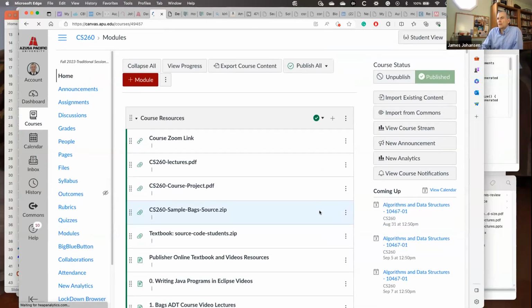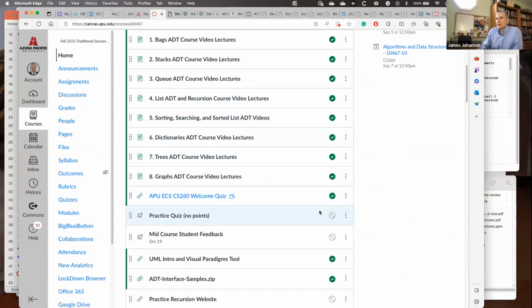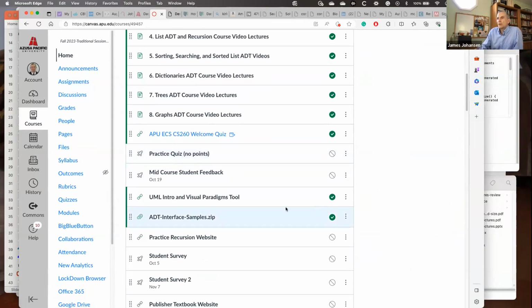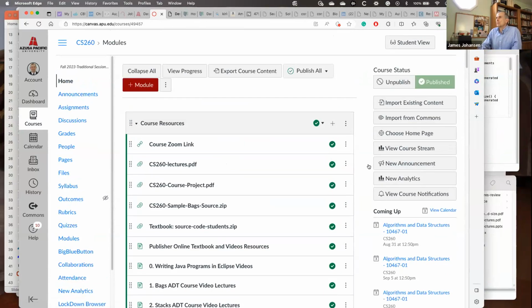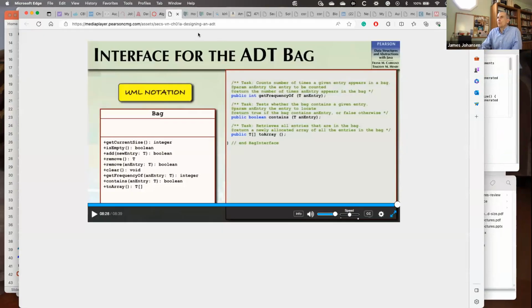So all of the interfaces are one of the things that I put here. The ADT interfaces, I tried to take all the ones that I found in the textbook, and so it's pretty current. The ones towards the end, there's a whole bunch, but that gives you a little bit of an idea. So any questions on that?